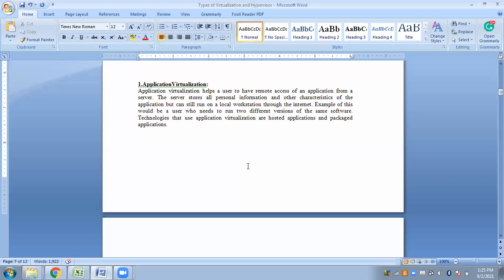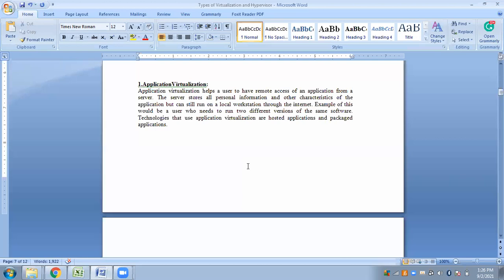The IT admin will then use the application virtualization software to deliver the applications to a user desktop or to some other connected devices. The user can now access and use the application as though it was locally installed on their own machine. The user's actions are conveyed back to the server to be executed. So if the user is giving any instruction to the application, that is carried forward to that particular server on which the actual application resides, and accordingly the communication takes place. Okay, like that. So is it clear?